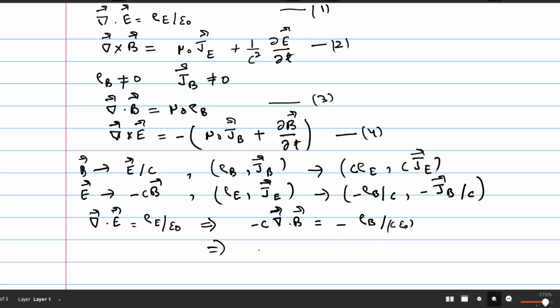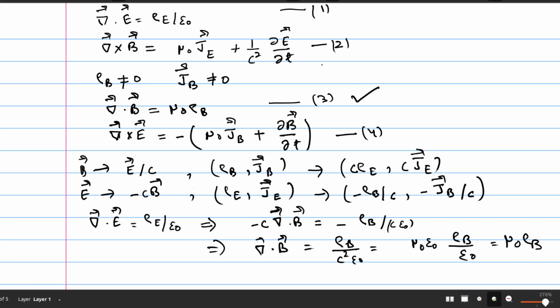So we get divergence of B equals rho B C square epsilon naught, but C square is 1 by mu naught epsilon naught, so we get rho B by epsilon naught, which is mu naught rho B, and this is the third equation here. So carrying out the replacements in the first equation, we get the third equation. Similarly, if we carry out these transformations in the third equation, we get the first equation,